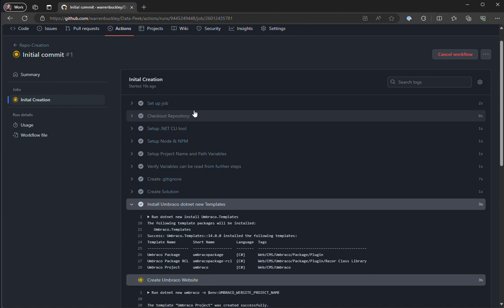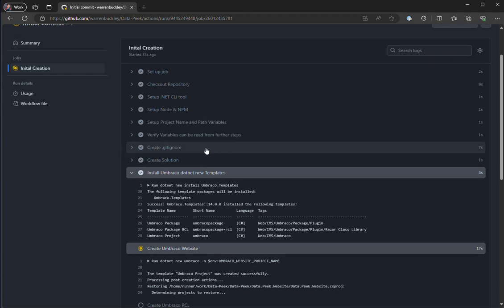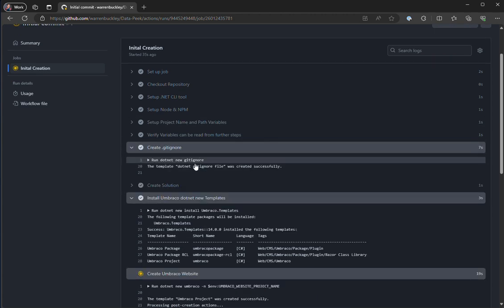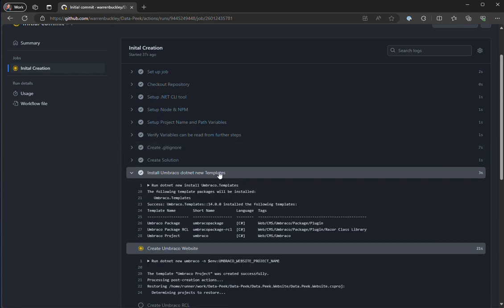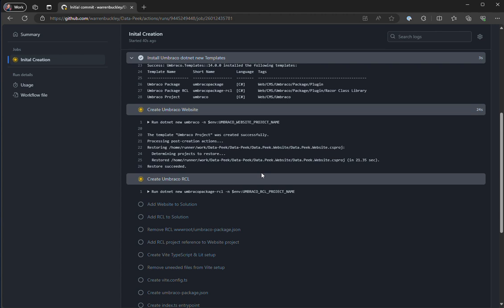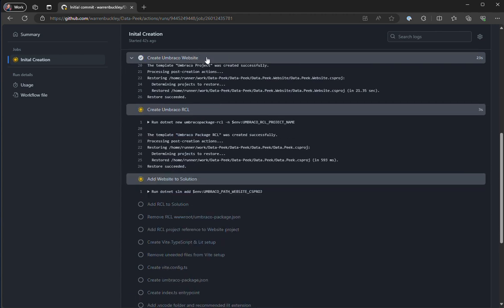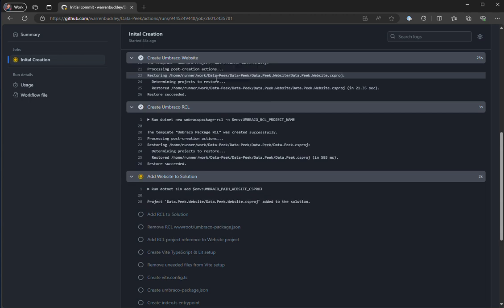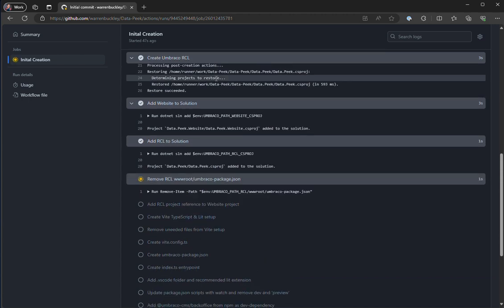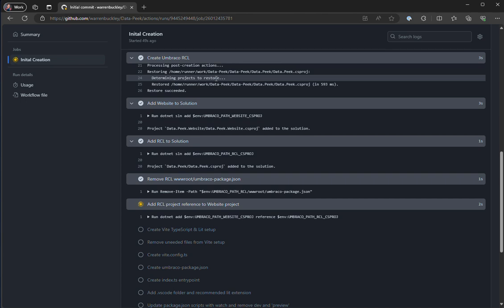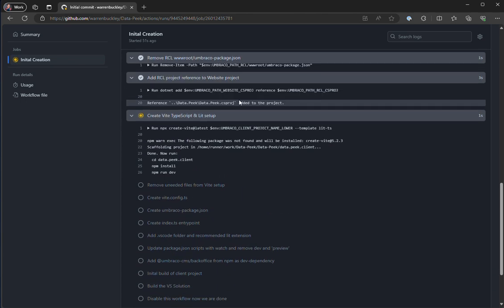So in the minute you can see it checks out the repository, sets up .NET CLI along with Node, sets some environment variables for us that we can use and consume later on in the script. It creates the .gitignore by using dotnet new gitignore, and similar for creating the solution. It installs the .NET new templates, it goes and creates a test Umbraco website, it creates an Umbraco RCL project for us,